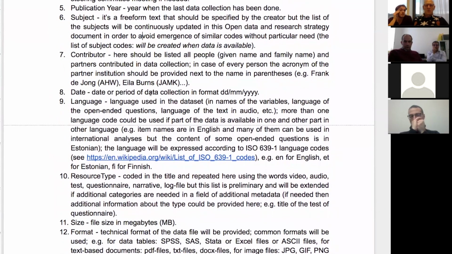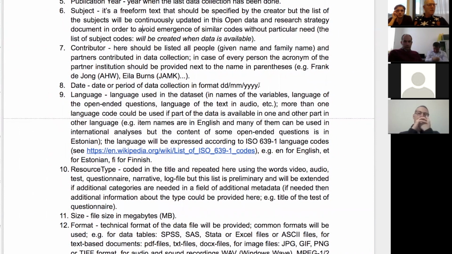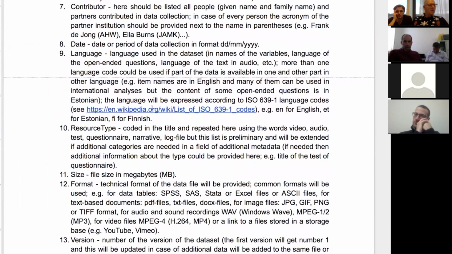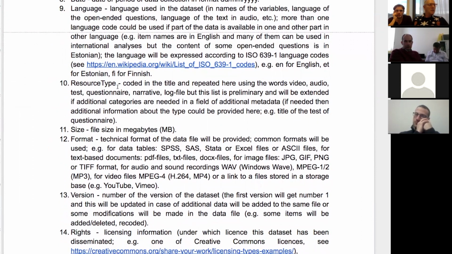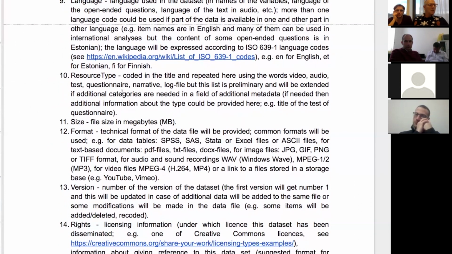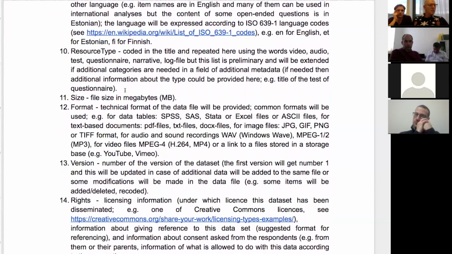For example, in which format we expect the data, the date will be used, like day, month, year, all the characters, and also the language related questions, so that there are some links showing you how to express it in case of metadata,